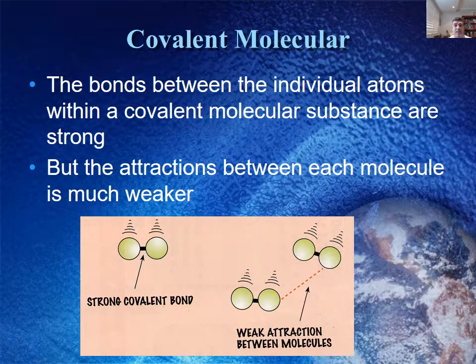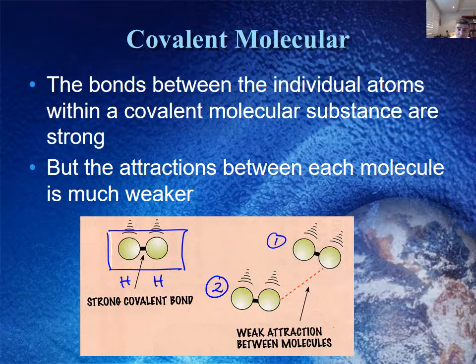To give you a little bit of an idea about how this works, you can see that here in this particular example, we may have something like hydrogen, H2, two hydrogen atoms, or O2 or N2, you can pick whatever you want. And between each of these, there is a very strong covalent bond. But if we were able to cool this down, so if it was hydrogen, for example, hydrogen has a very, very low boiling and melting point. But if we were to cool it enough that it would form a solid, then we would find these two discrete molecules actually coming closer and closer together until there was a very weak force of attraction between the two